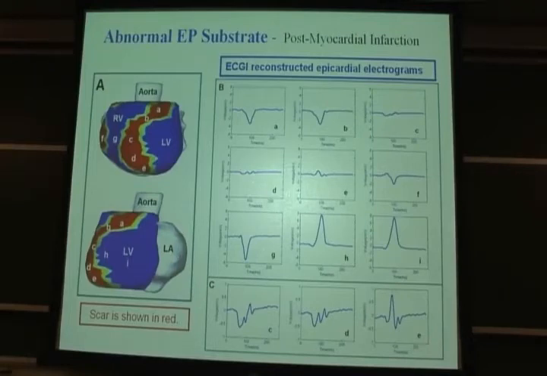You can compare, these are the same scale, very low magnitude, and long in duration, and fractionated with multiple deflections. You can see them here on a large scale. There are clearly many deflections. That's known as a fractionated electrogram, and it has been recorded from scar tissue invasively and correlated with discontinuous conduction